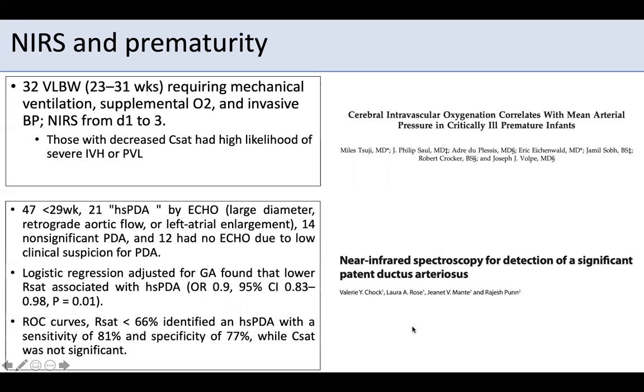The group of Dr. Chalk at Stanford described 47 newborns less than 29 weeks. They defined a hemodynamically significant ductus by echocardiography measurements, using the largest diameter, retrograde aortic blood flow, or left atrial enlargement measurements. They found that 21 had this definition, 14 had a non-significant duct, and 12 had no echo due to low clinical suspicion of PDA. They did their logistic regression, and they found that RSAT was associated with a hemodynamically significant duct,